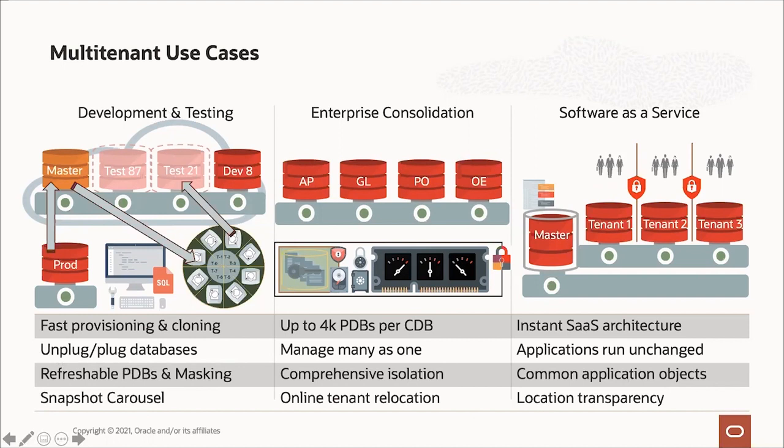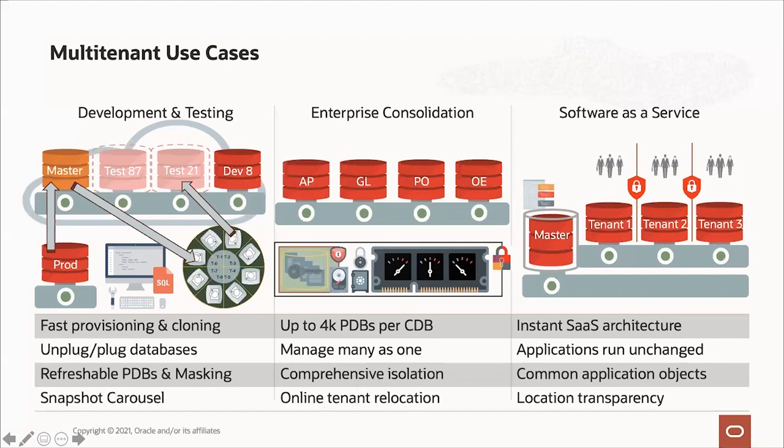Now in production, you've got a different set of requirements here. In production, you get the efficiencies by consolidating at high scale, and 4K is plenty of PDBs. 252 is plenty of PDBs to get some tremendous ROI, return on investment, from multi-tenant. You hear we're getting benefits because we can manage many as one. We've got comprehensive isolation, our other big theme today, and online tenant relocation allows us the agility to balance loads